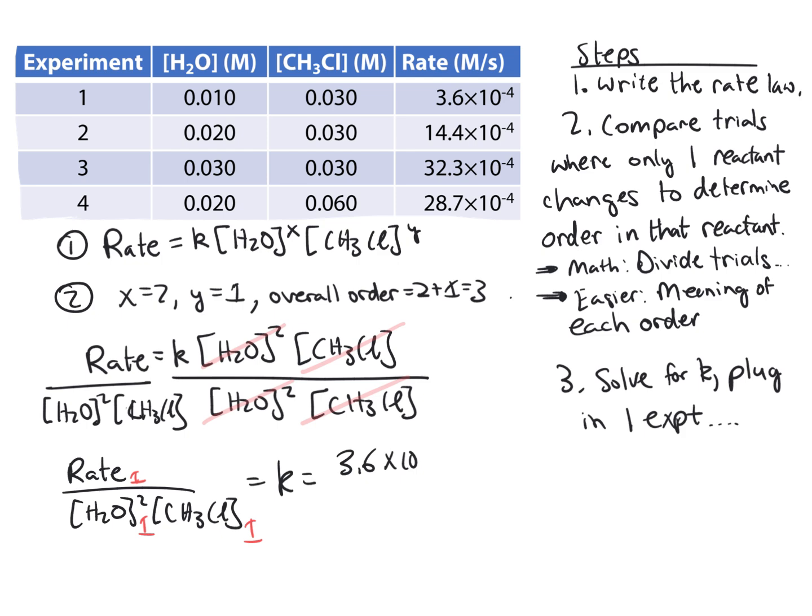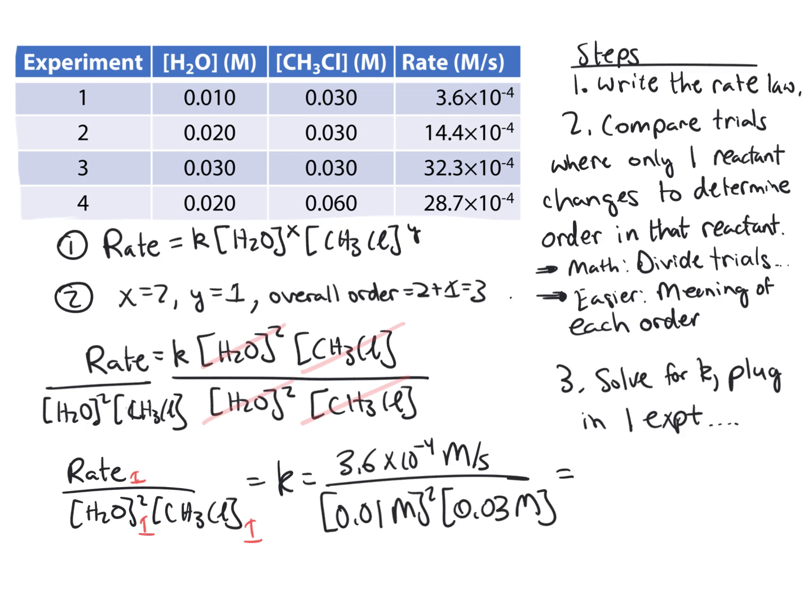3.6 times 10 to the minus 4 molar per second, divided by, now I'll take H2O. In trial 1, that's 0.01, so 0.01 molar squared, times, now I go to CH3Cl, 0.03. Remember here in your calculator that this stuff all needs to be in the denominator, so you need to either find a way on your calculator to make it look like a fraction like this, which some calculators can do,